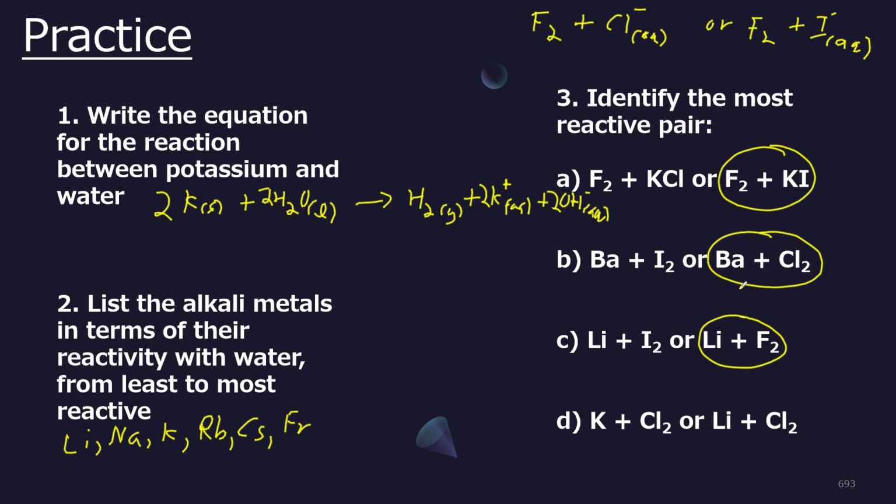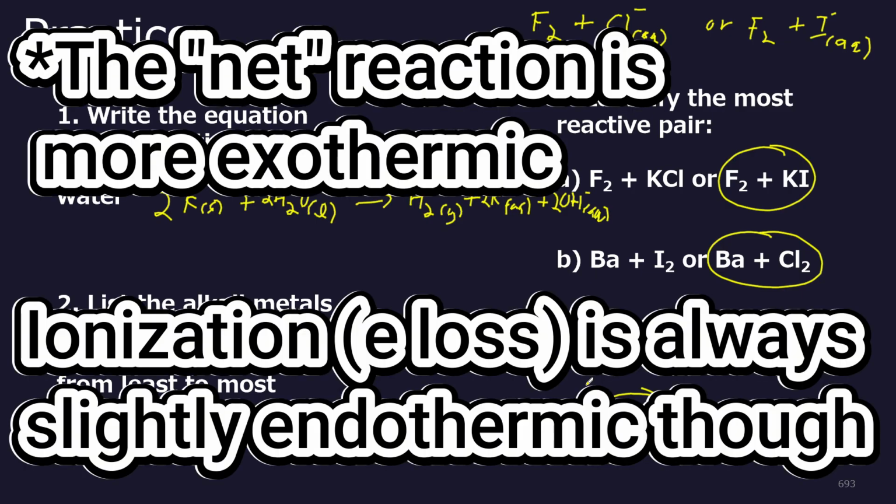Okay, 3D then. Moving on, K, potassium plus Cl2, or Li plus Cl2. Now we're changing the metal part. Cl2 is standard, so I think both of these reactions would go. Cl2 wants that electron, but for the metals here, going down the periodic table decreases the ionization energy. That's what we want for a more vigorous reaction. So in this case, potassium will lose its electron much more easily, much faster, and more exothermically. Okay, so those should be the answers.